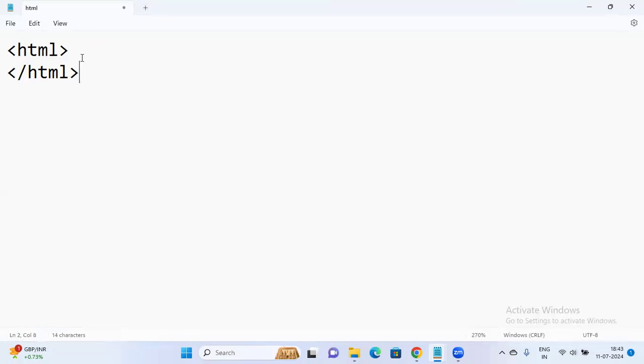So firstly, what I have done here is I have taken the HTML tag. For any program you want to run in HTML, the first line should be the HTML tag and the last line should be the HTML end. This is the opening tag and this is the ending tag. Okay. So any program you take, this is the procedure, guys. The first tag should be the HTML tag and the last tag should be the HTML closing tag. Got it?